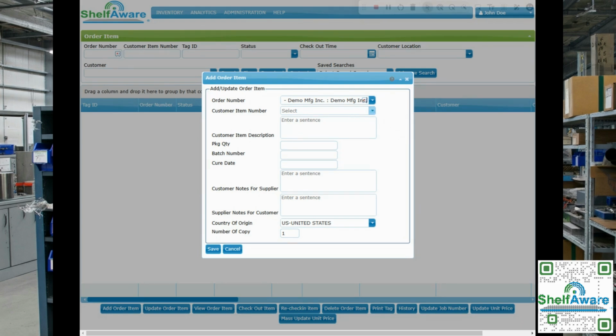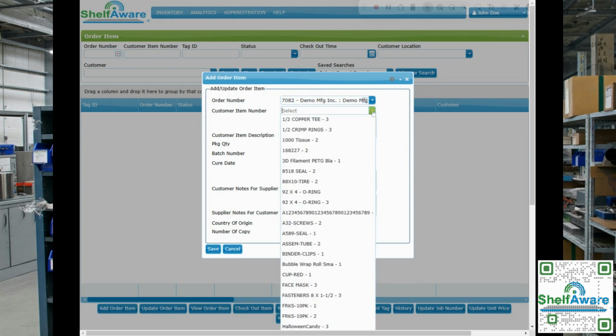So now we need to start filling out information. Since I've already created the customer, the location, and the sublocation, I already have my items. At this point, all I need to do is just start matching what's on the PO to what I've already got set up in the system. So I'm going to drop down and select just to keep it simple, but depending on how in sync your ShelfAware implementation is with POs from your customers, you can also copy and paste over into this field